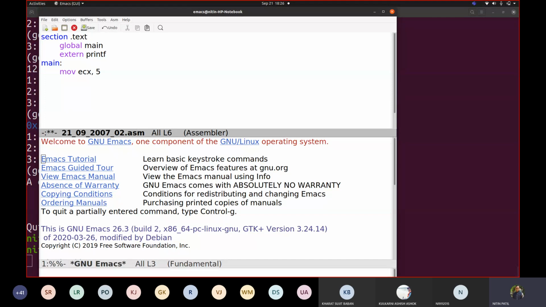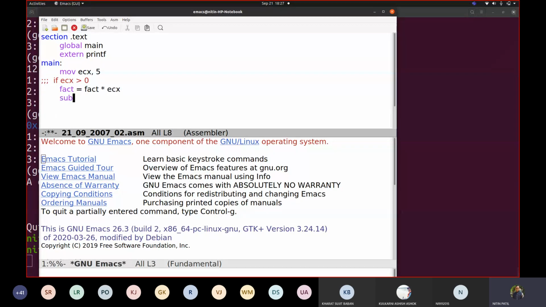So we want to compute factorial of 5. How will you write the code? If ECX is greater than 0, then you write fact is equal to fact multiplied by ECX, correct?